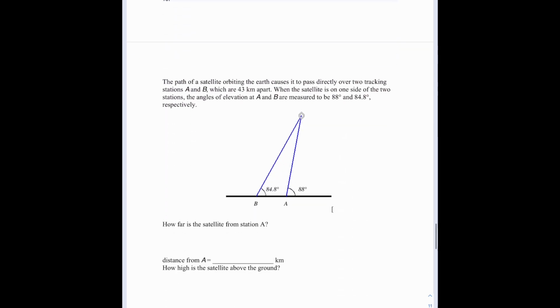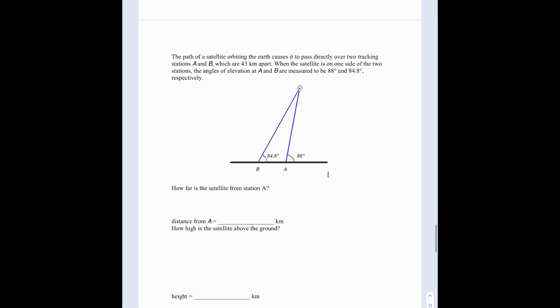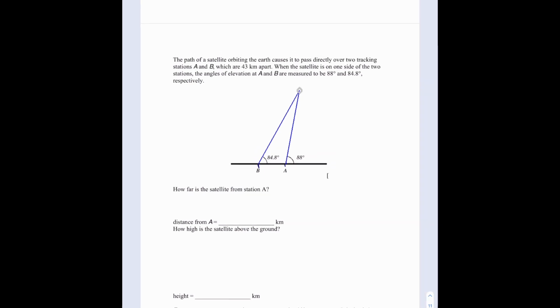And then question number 16. The path of a satellite orbiting the Earth causes it to pass directly over two tracking stations A and B, which are 43 kilometers apart. So the distance from A to B is 43 kilometers. So that is what we have first. When the satellite is